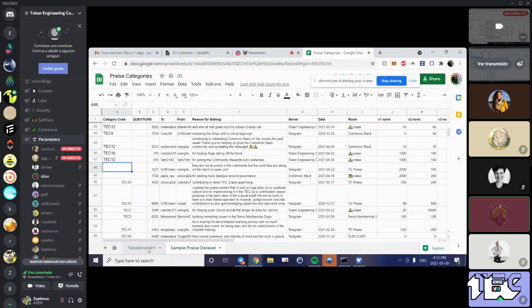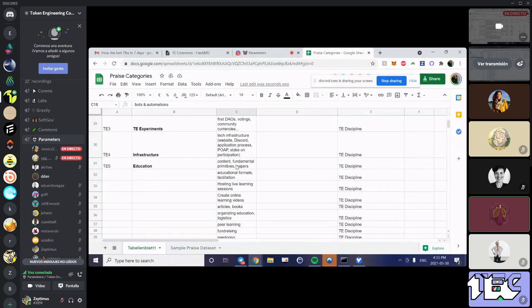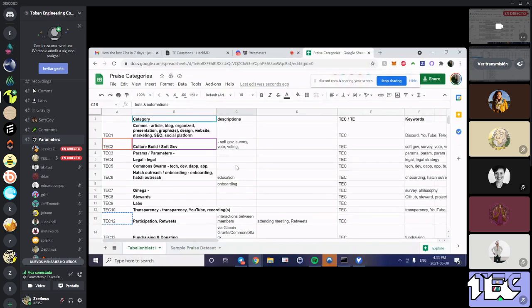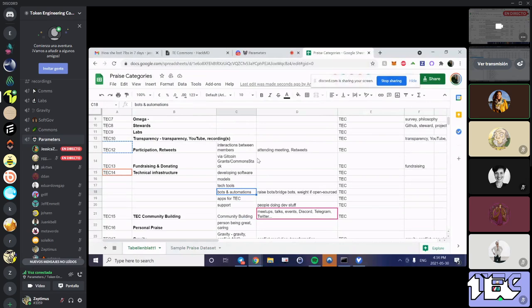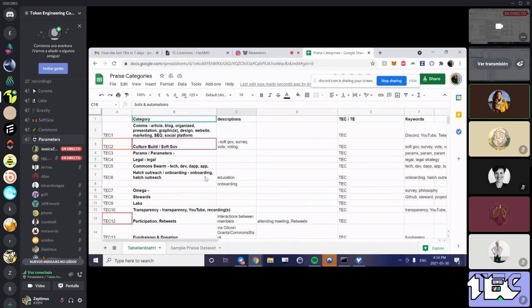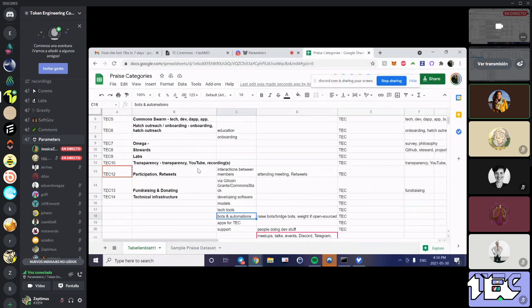Okay, so I'm just noticing number 14, TEC4, which is technical infrastructure, and I'm wondering how it is different from Commons Swarm, TEC5. Let's see. I see what you're saying.